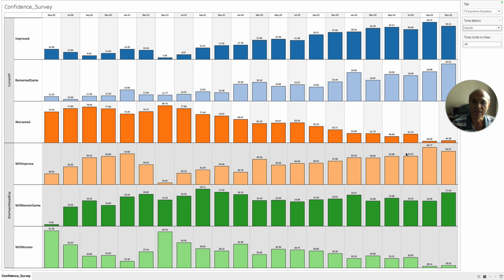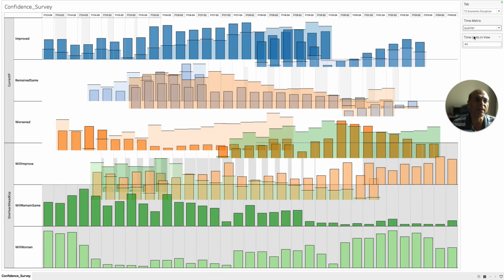If you see here, will improve means there has been a slight damping factor from the respondents. They believe that yes, there is a rising trend about 1 year ahead, but there is a damping factor around 200 basis points, where 54.27% of the respondents feel that the situation will improve. Likely to remain same, it is 17.22%, and will worsen is slightly higher than what we saw in the earlier cycle of the study, but marginally. It is not a very big change. So this is a monthly view.